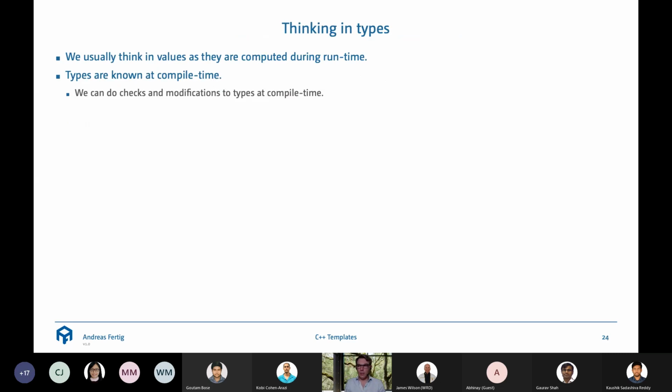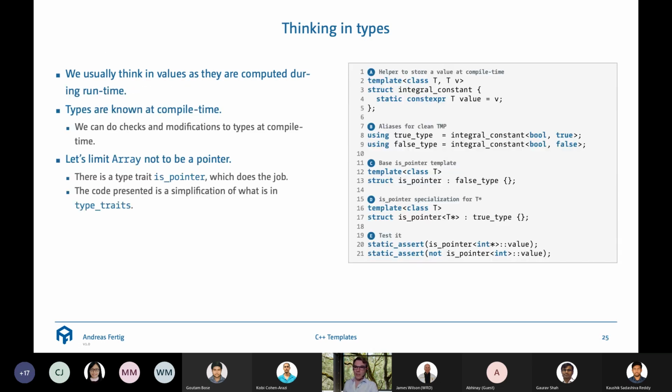So then I mentioned with templates, we need to sync in types. We usually sync in values, but types are there at compile time. Values often are only there at runtime. But types, the compiler needs to know at compile time. And one example is the one on the right. This is what you can see in the type traits header, or what sometimes is referred to as template meta